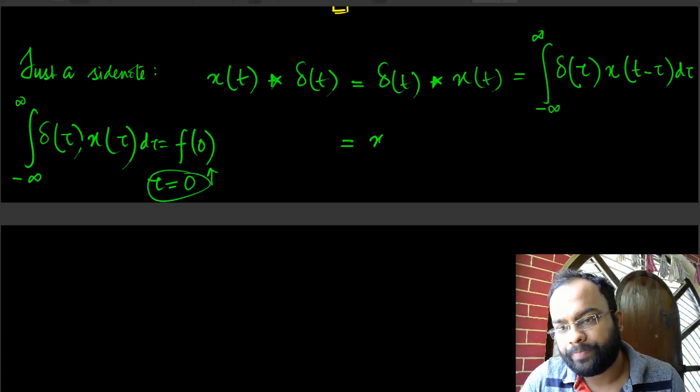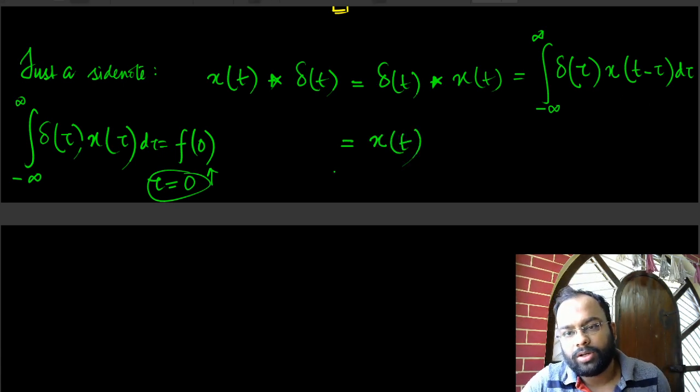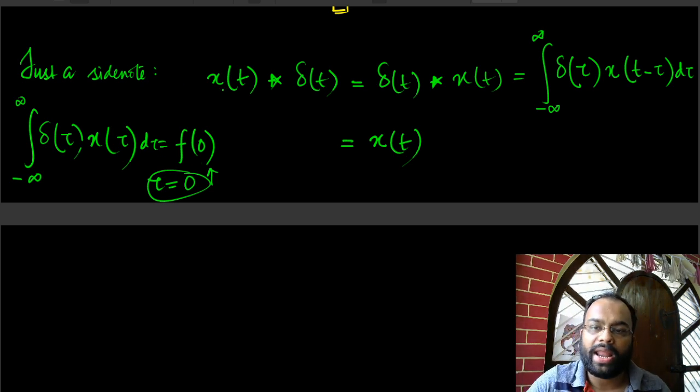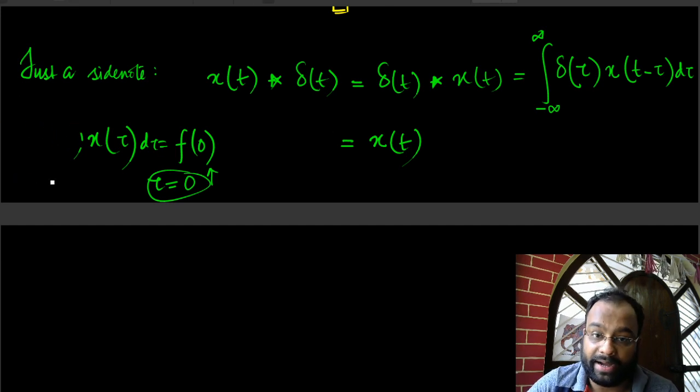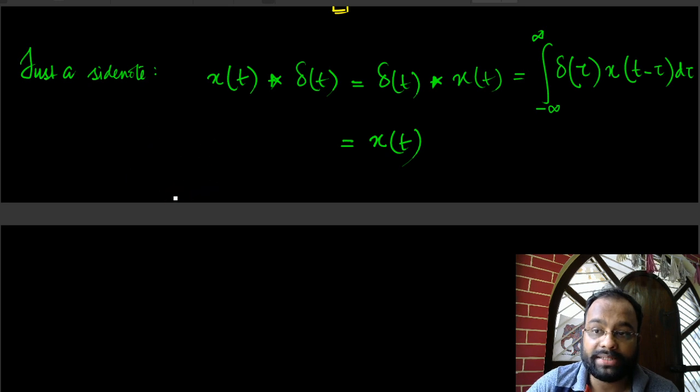So technically what do I have? I have xt. So what I wanted to show you is that when I convolve a signal with a Dirac delta, the unit impulse, I get the signal back, right? And that's expected. Why is that expected? Because what about this? If you recall anything from our classes on convolution,